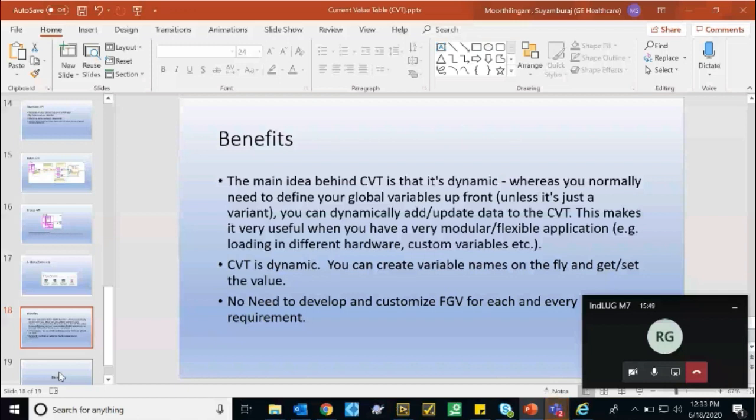But with this CVT, it can be created at runtime, depending on the data types of the data we are going to access. And one more thing, we don't need to develop any FGV for this. It's already developed, a proven concept, which can be used in our application.